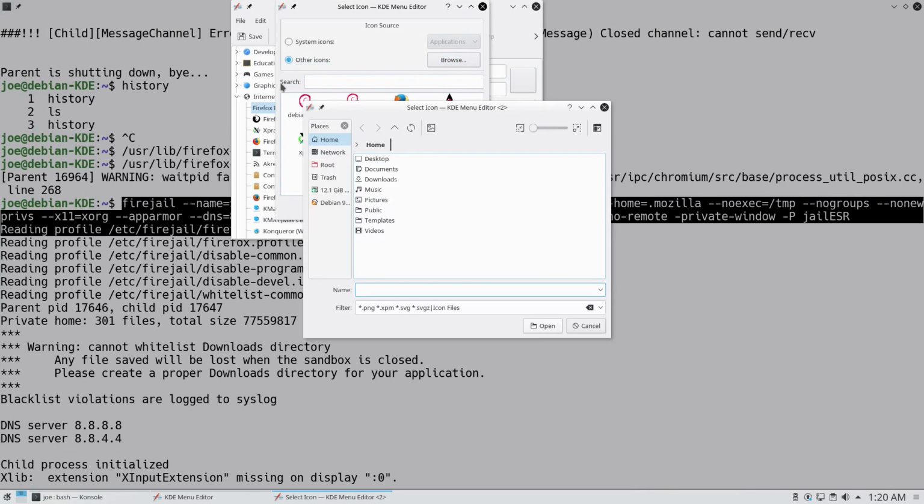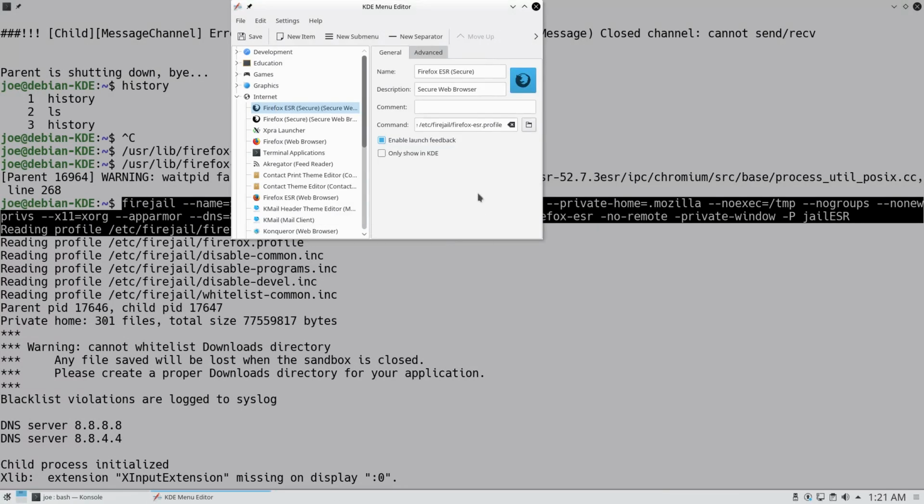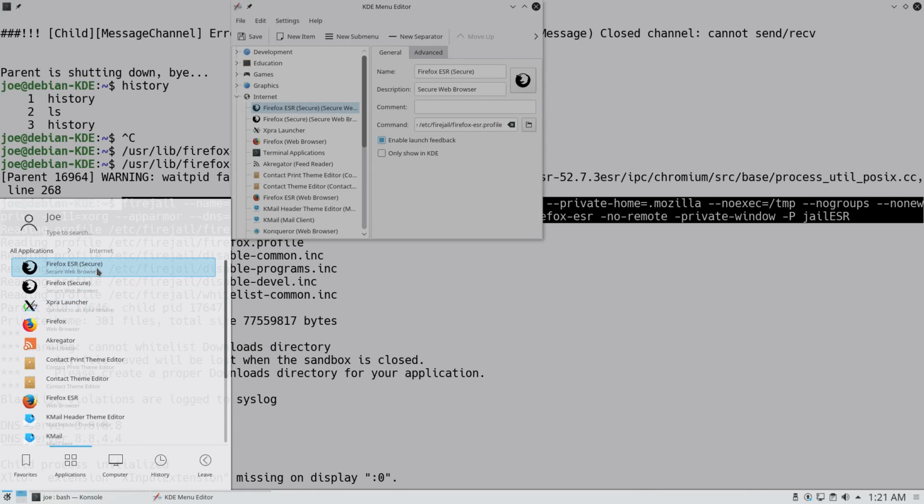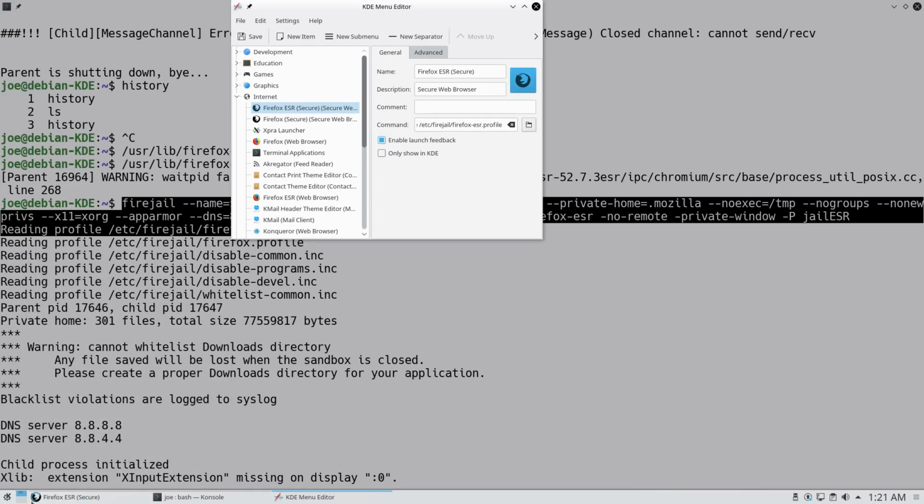So, browse. We can grab the same icon. We could use a different icon. I showed you how to do icons in the prior videos, except the icons folder has actually changed now in Firefox, ironically, between the first video and this video. So now it's in the Firefox browser chrome icons default. And there you'll see your default icons. I think in the last video we put our icon in browser icons, and that's where I put my Firefox secure. So I'll just reuse that icon for this one. And now if I look in my menu, I should have two Firefox browsers here. One is secure ESR and one is secure. So if I launch them,